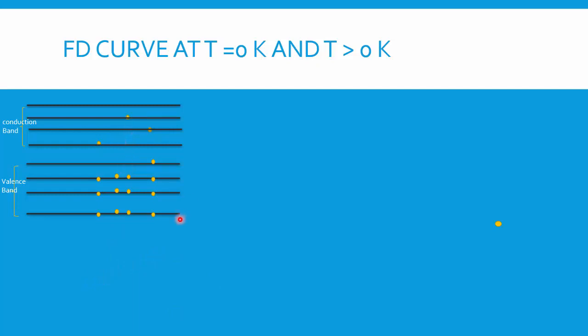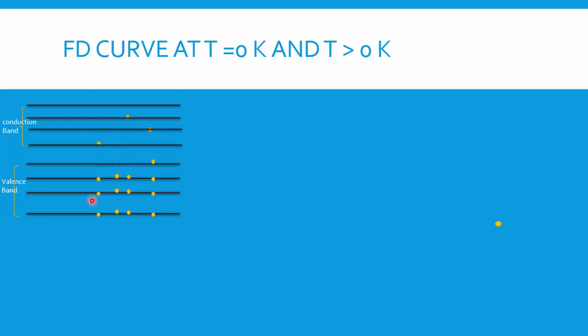If you go back to the previous picture at T equal to 0 Kelvin, what happened? Some of the energy levels, that is the valence band, were completely filled, so you had probability 1, and the conduction band was completely empty, so you had the 0 state. But now the electrons, after gaining temperature, go to thermal excitation and move up. The first 1 or 2 energy levels will be full, but from the third, fourth energy level of the valence band, electrons will move to the conduction band.